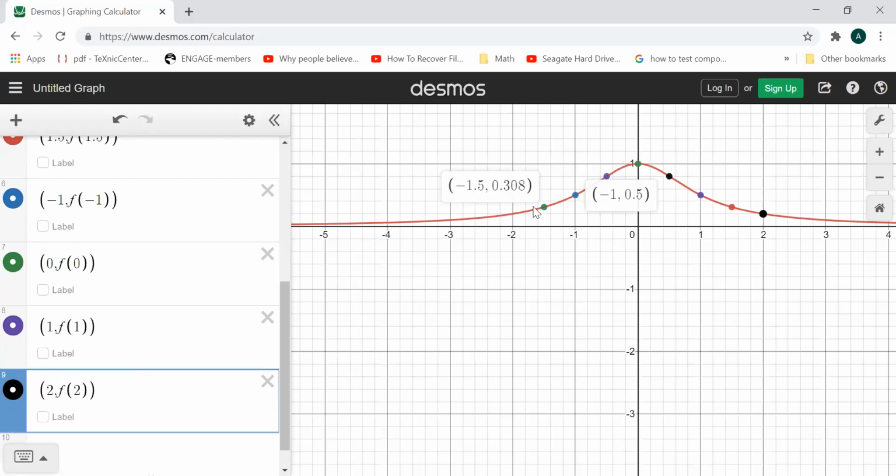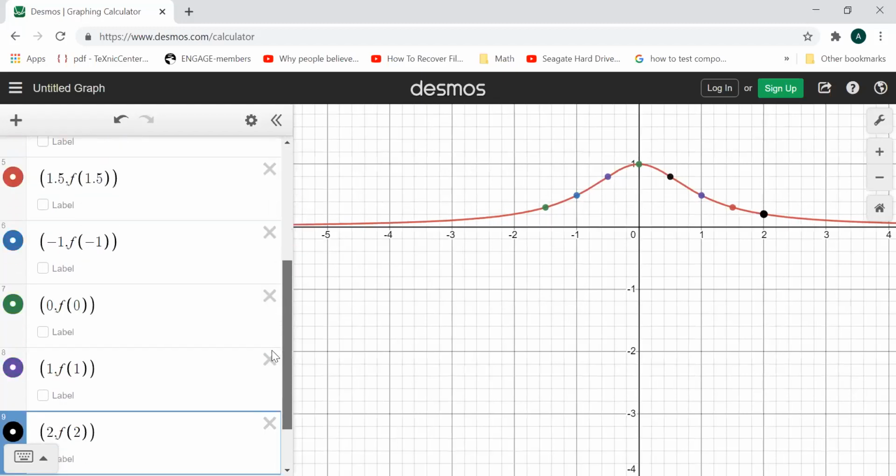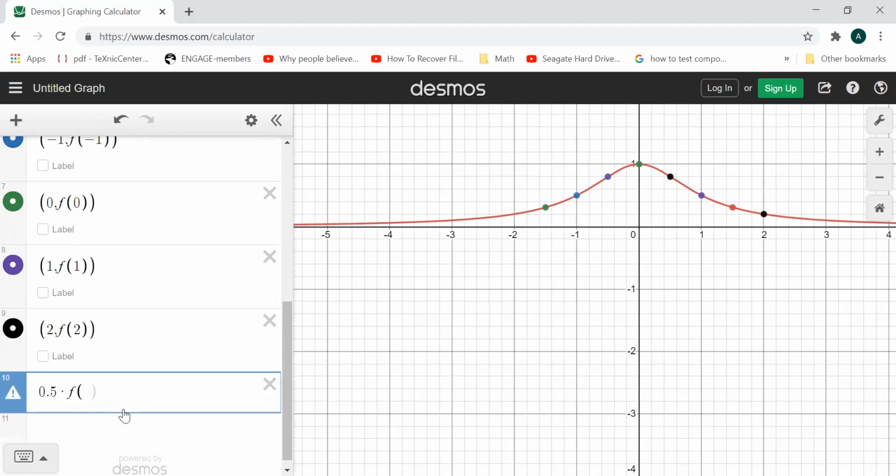Now imagine that the rectangles would go from these right-hand points to the left, to the next vertical line to the left. So they will follow like my mouse does this way, go down, and from here going down, etc. See the drawing that I made on the whiteboard. Now the Riemann sum is 0.5 times f of, and the first endpoint, the right hand point, is negative 1.5